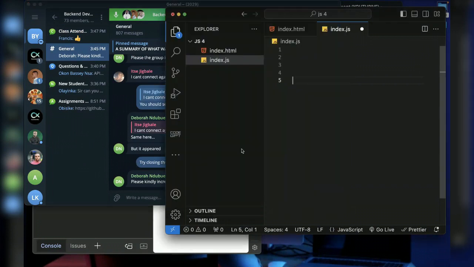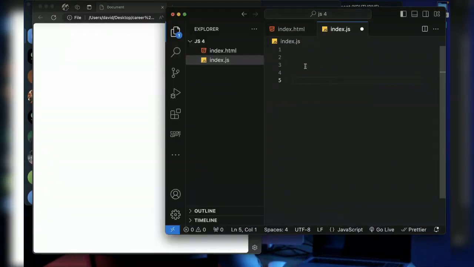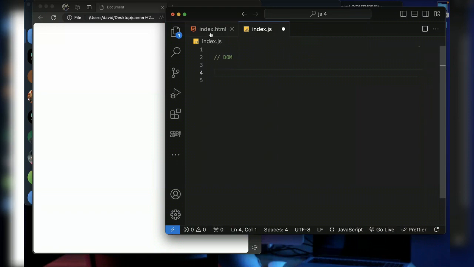Okay. So now the next thing I want to talk about is JavaScript DOM, the DOM. Now what is the DOM? The DOM is just JavaScript object module. So what does it mean?